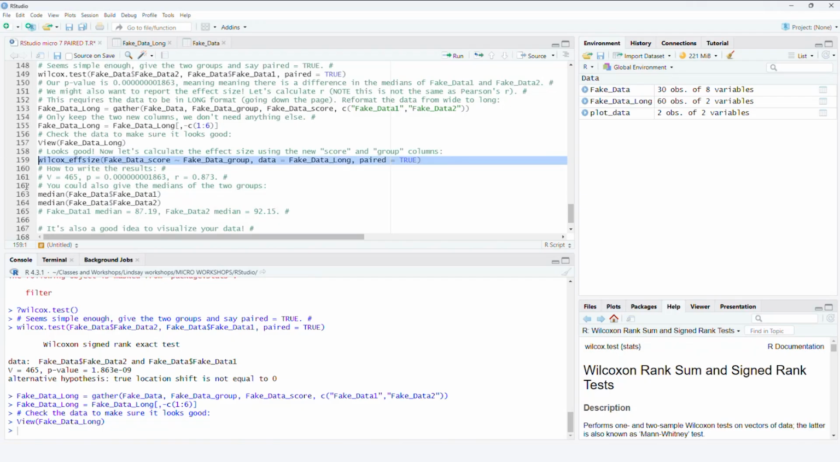So that's line 159. wilcox_effsize(fake_data_long$score ~ fake_data_long$group, data = fake_data_long, paired = TRUE). This is the format that we need for the Wilcox effect size. If we click run,